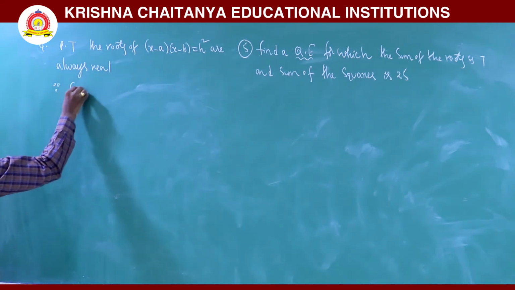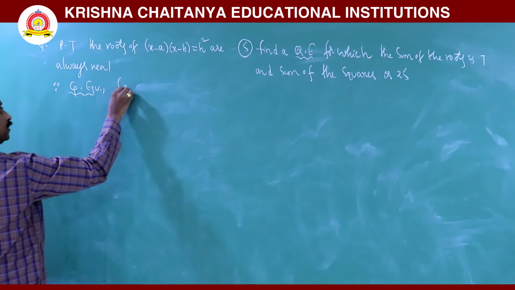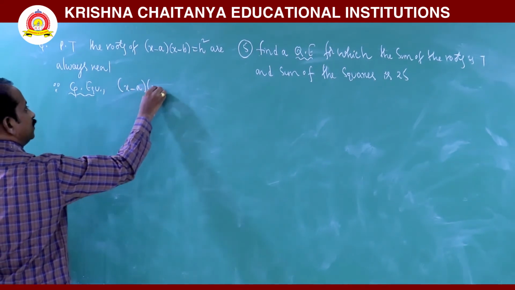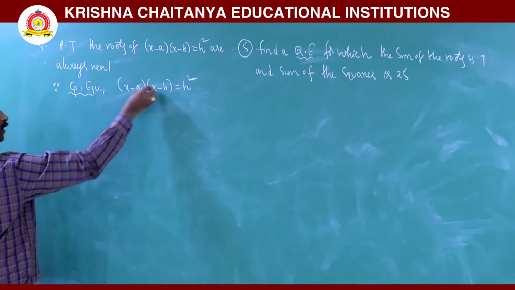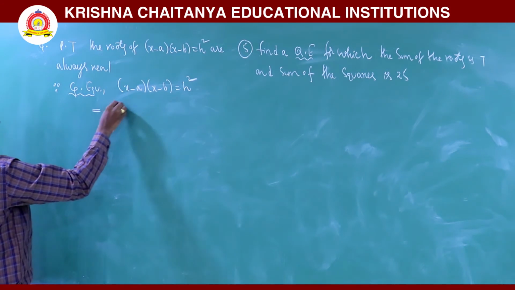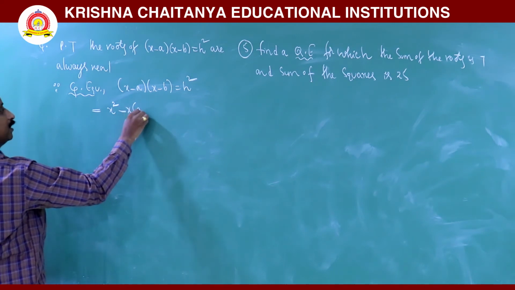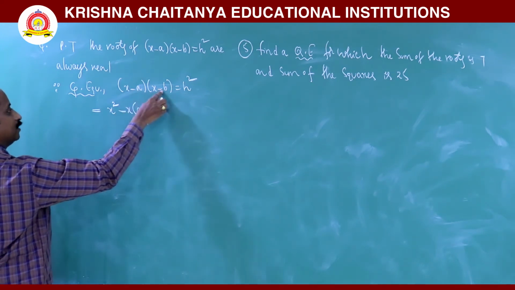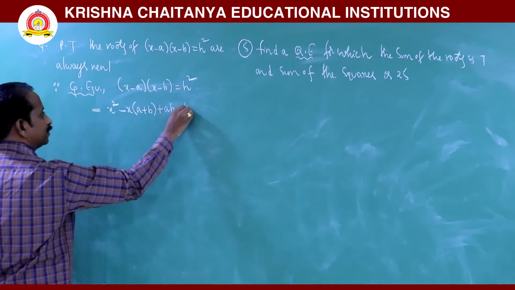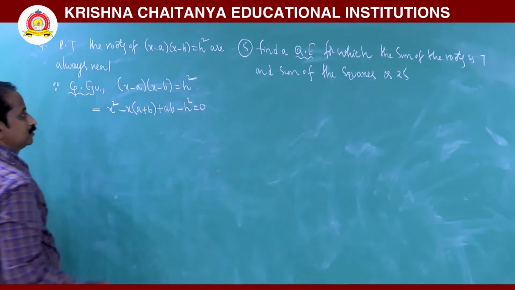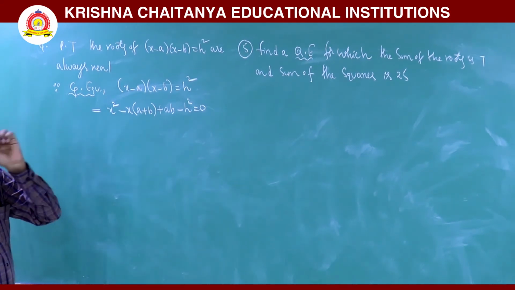First, the given equation is nothing but (x minus a) into (x minus b) is equal to h square. Let us take the product. x into x is x square, minus ax minus bx, where x will be common giving minus (a plus b) x, and minus a into minus b gives plus ab. Then h square taken to the LHS side becomes minus h square, is equal to 0. Observe, it is the standard form of a quadratic equation.